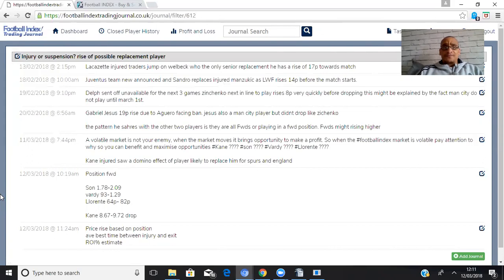All right. So whatever trend you're looking at, obviously this was injury replacement, but whether it's young players, for example, if everyone's buying young players and you can see this trend, then again, what position are people buying? What clubs are they playing for? What links have they got to bigger clubs? What's the average age? What are people considering a young player?